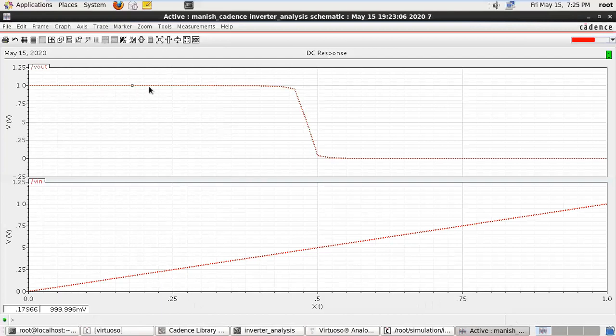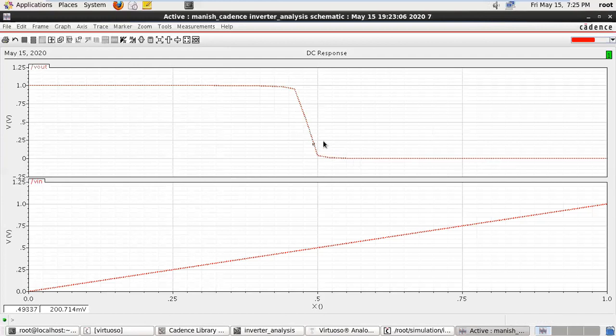The output voltage is initially connected to the VDD because the PMOS transistor is in saturation and the NMOS transistor is in cutoff. When VGS is greater than VT, the NMOS is in saturation mode, so the output is connected to the ground and the output value becomes 0.